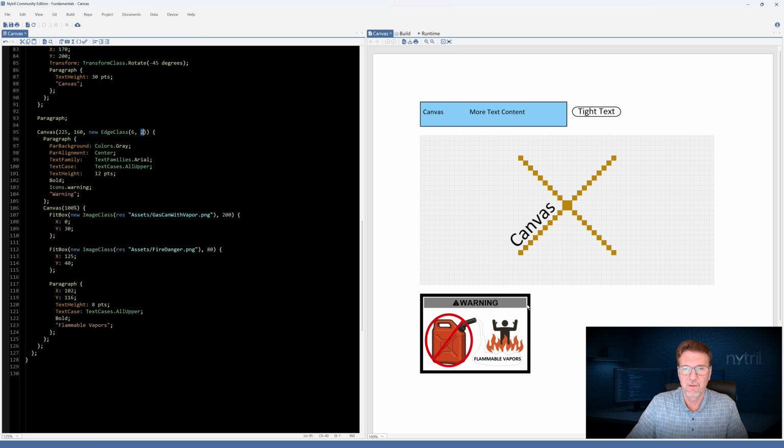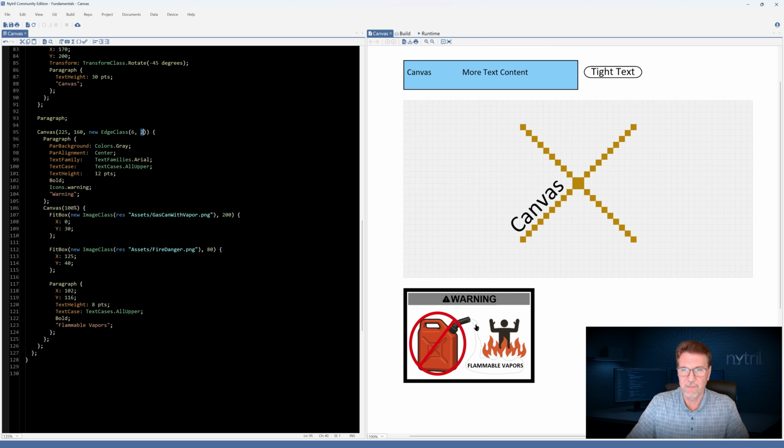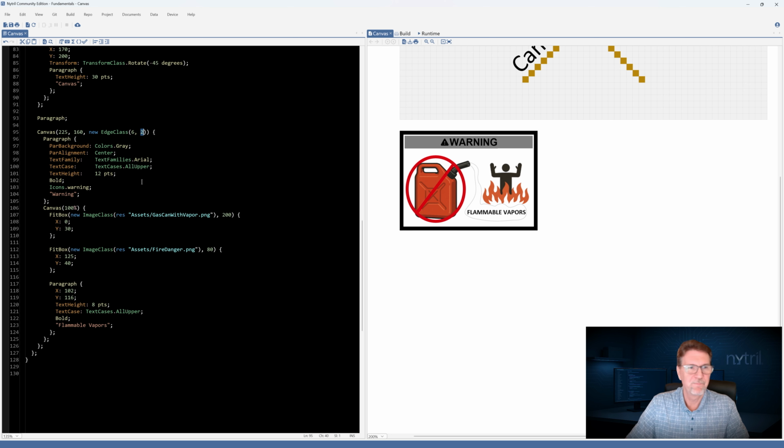That's what this little separator is here. And I can zoom in a little bit more on this. And then we have a paragraph here with a gray background and centered text, we're making use of Nitro's icons.